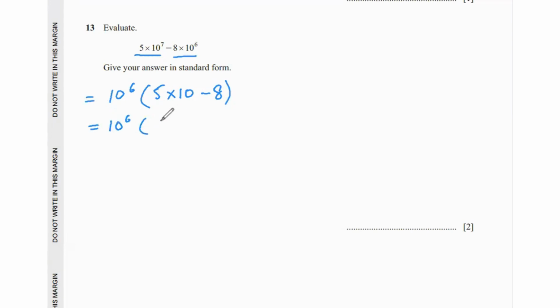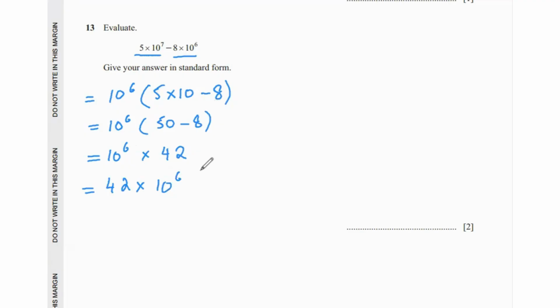So 5 times 10 is 50. Then we do 50 minus 8, which is 42. So we have 42 times 10 to the power of 6. Now, a lot of people make this mistake thinking that this is the standard form just because we're multiplying it